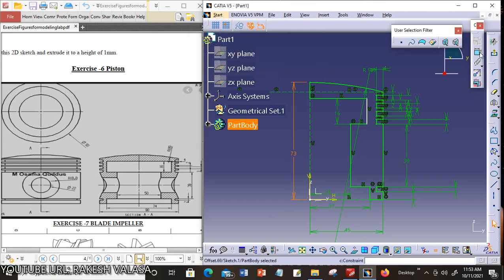Next, similarly give this dimension, taking approximately 10. After completion of this 2D sketch, you can exit from this workbench.